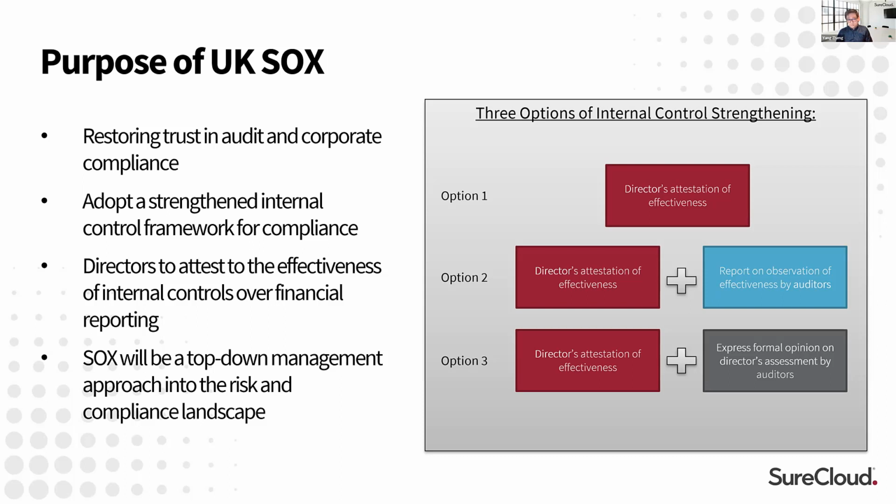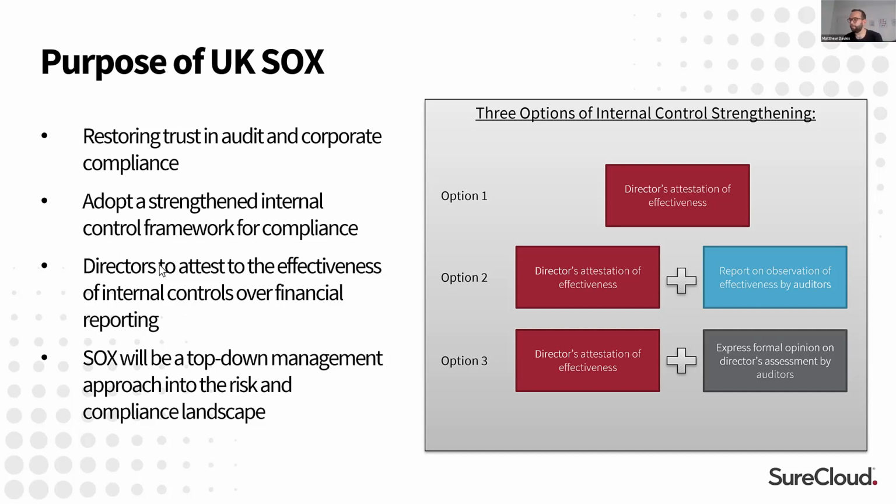And lastly, what's worth pointing out is SOX is actually forcing these large organizations to think about how they manage risk and compliance from a top-down approach. So it's based on objectives, business processes, operating processes, as well as your financial ledgers embedded in those processes, to then determine what your wider risk and compliance landscape is and what activities to follow. So it's going to start from the board or the C-suite on day one.